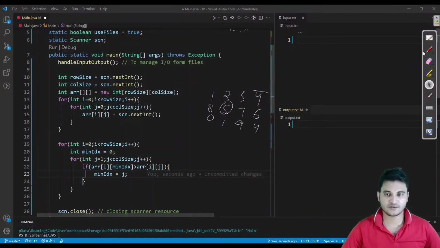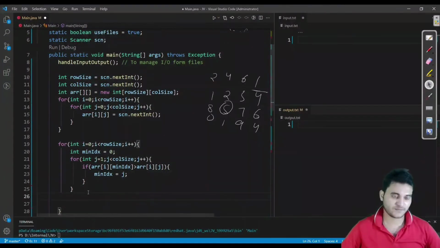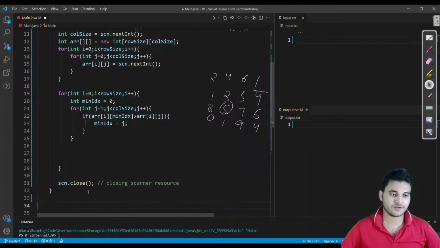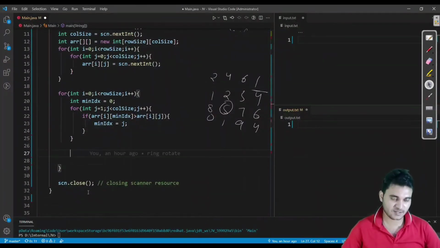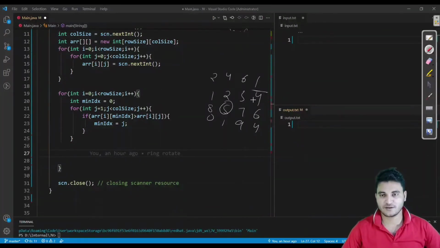Let me draw again. So they were 2 4 6 1. Let us take it like this. Now we got our min index. Now we have to check this min index in each column, whether there is anything greater. Let us say in this case we found this 1 as the minimum, and the min index in this case is 3.